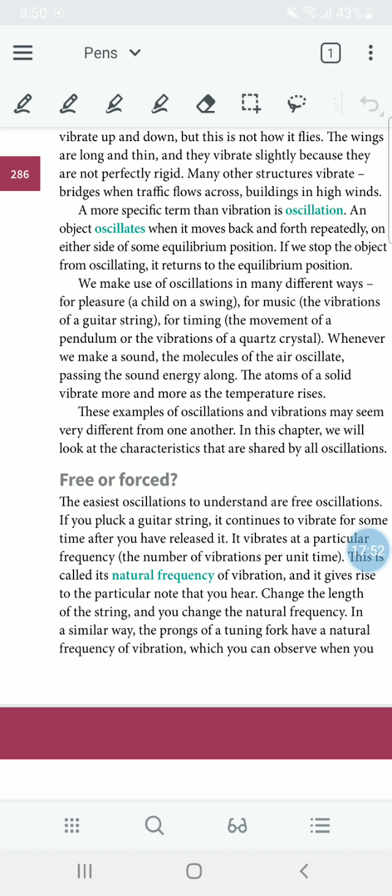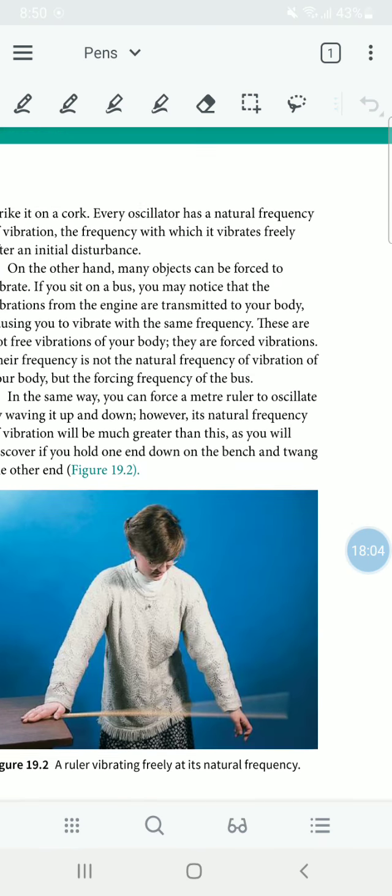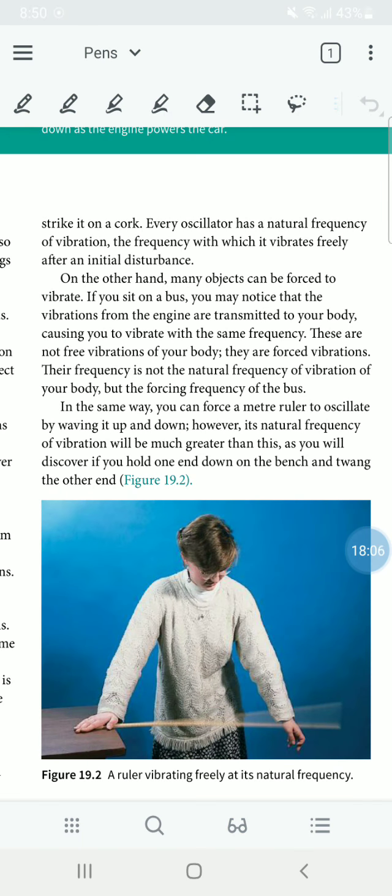This note can be changed by changing the length of the string. These types of vibrations are natural or free vibrations.